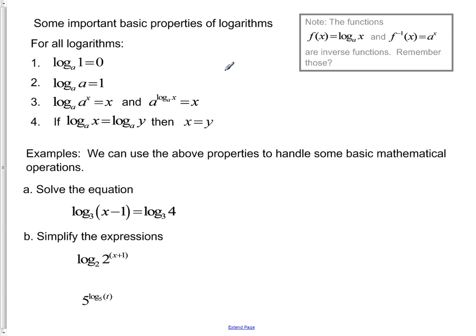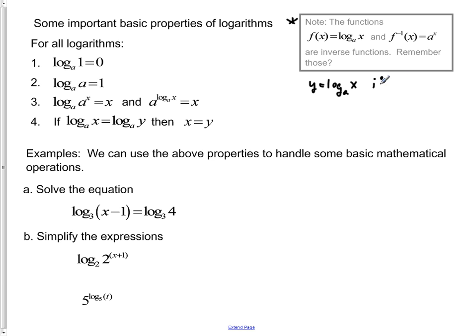So let's take a few minutes and talk about some of the really important basic properties of logarithms. And again, I'm going to continue to note this right here, that the function f of x equals logarithm base a of x, and the inverse function of that would be a to the x, right? These are inverses, and if you remember something about those, they do have significant interaction because one always undoes the other, right? Remember, we are saying that y equals the logarithm base a of x